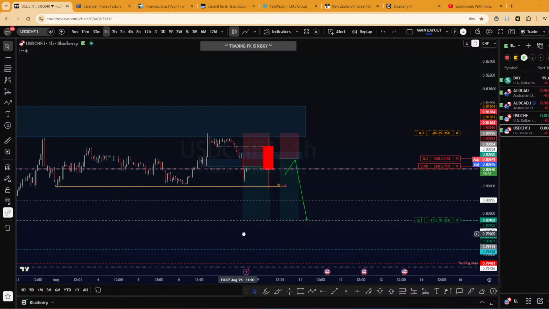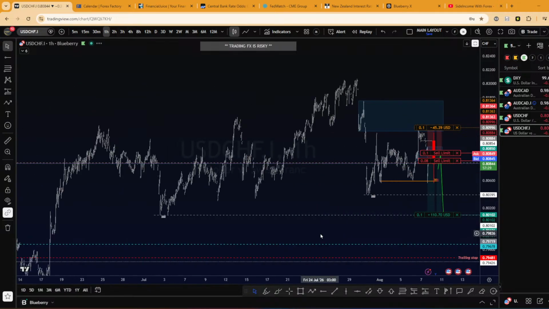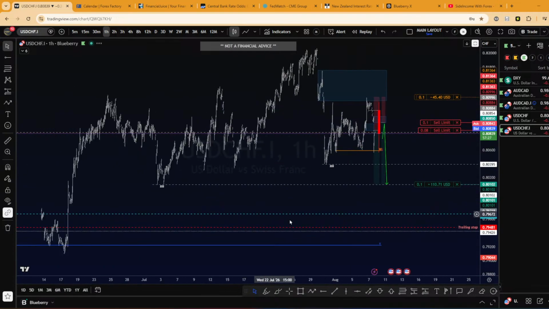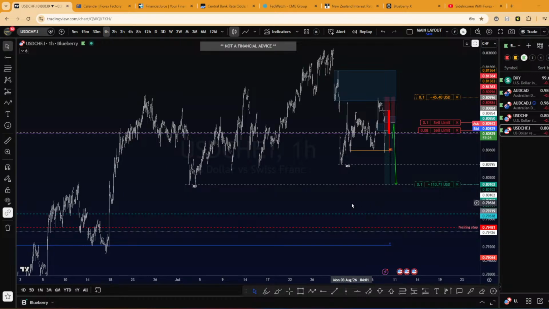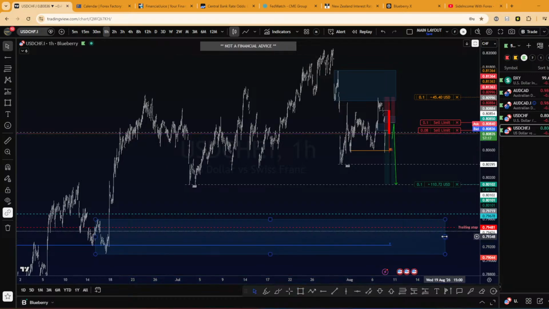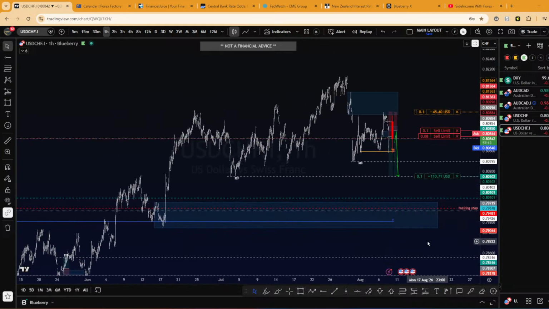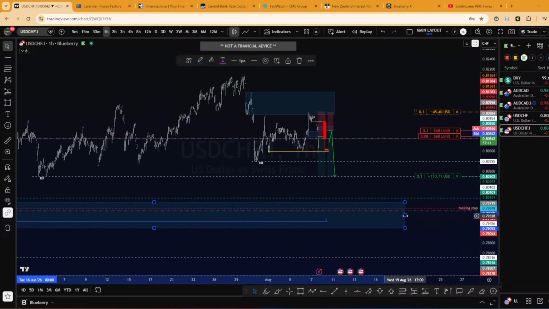But I don't forget that the higher time frame is bullish. So in the long term I want to be bullish, but we still have some room to target lower prices, discount prices, before a realignment with the higher time frame bullish. Okay, if it makes sense.